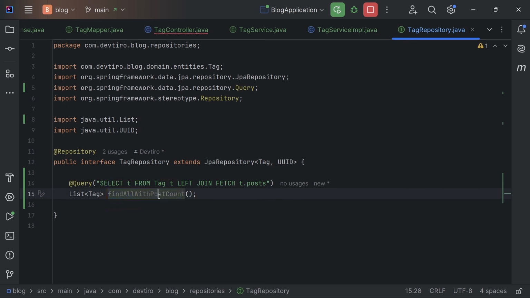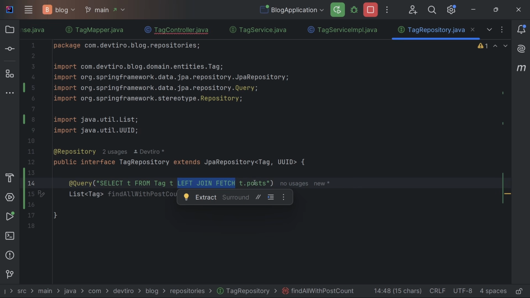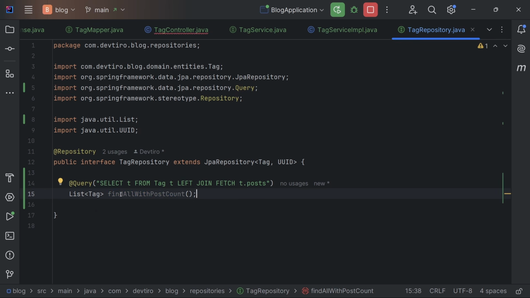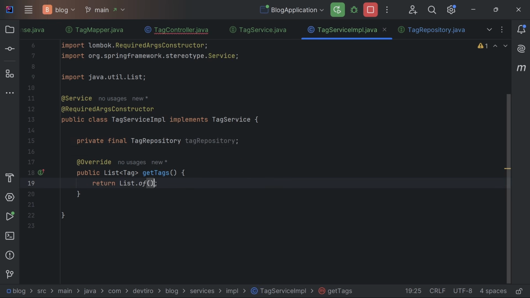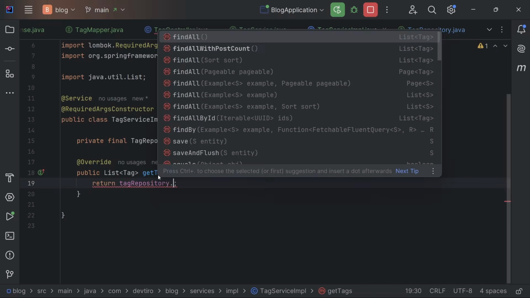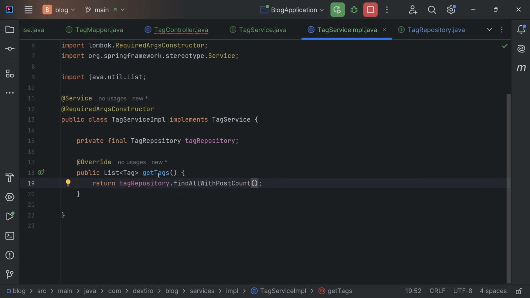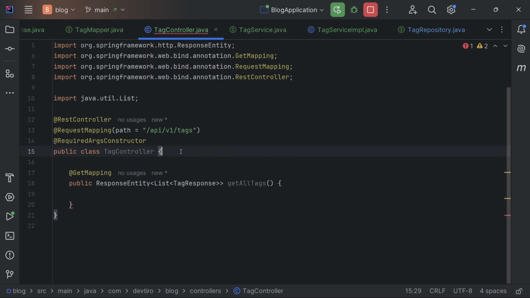There we go. So we just created a method called findAll with post count. We're specifying a query here, and it will do a left join with post. So this will include all of the posts that we need to do our post count. Rather than relying on Hibernate to go one by one and doing several queries, we're doing it in one query here. So if we go back to our tag service import, we can now use tag repository dot findAll with post count to return our list of tags, which means in turn, back in our tag controller, we can now